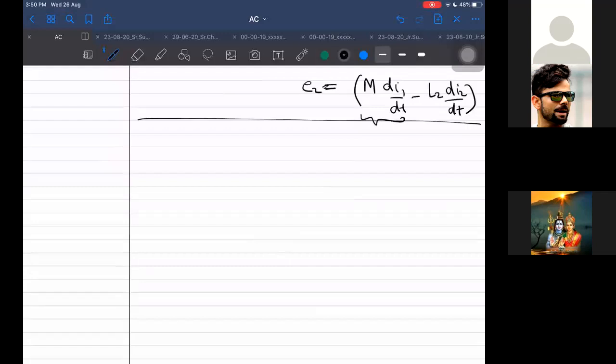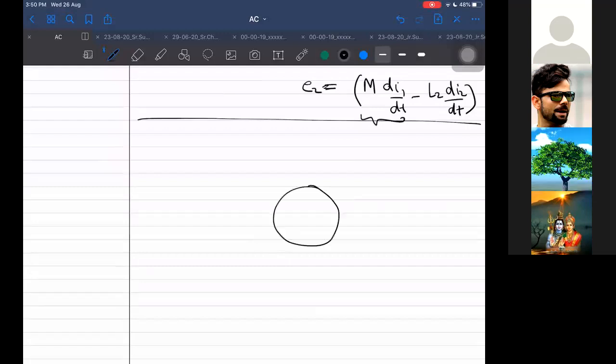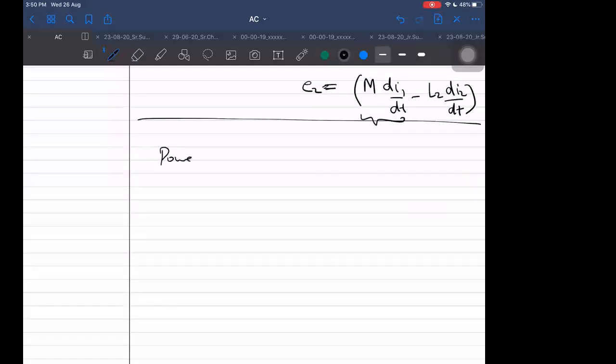And the power factor. What? Power factor. Power factor, I told you. What are you talking about? Really? Power factor, I told you, cos phi. Did I not use this word power factor? I don't know. I may have forgotten to use the word. But power factor is nothing but that.